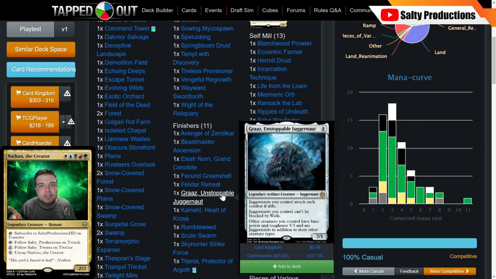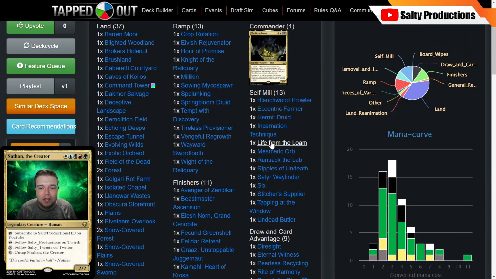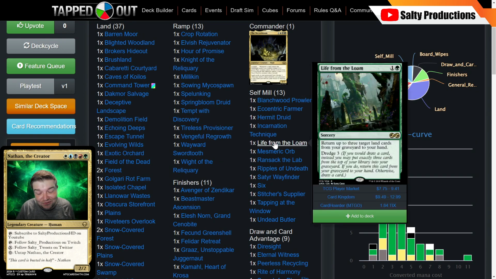These are creatures so that we can hit them with our reanimation style of effects to generate as much soft synergy as we can. Life from the Loam is going to be one of the best cards to see early on. 2 mana sorcery, return up to 3 target land cards from your graveyard to your hand, basically says in a self-mill deck to draw 3 cards, and then it has dredge 3,